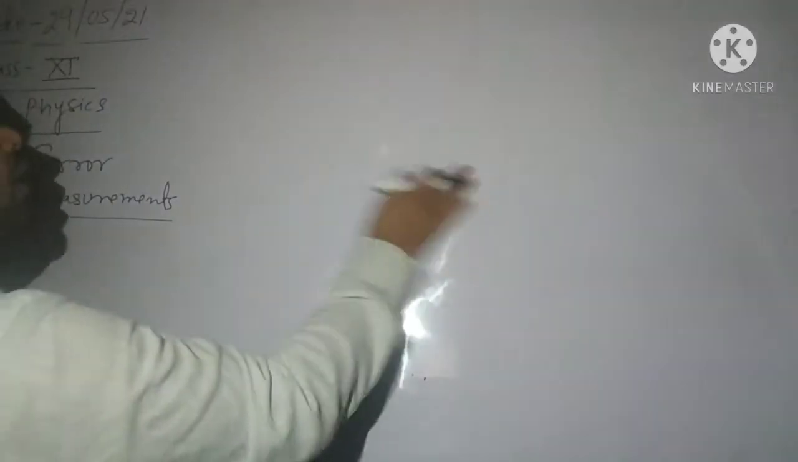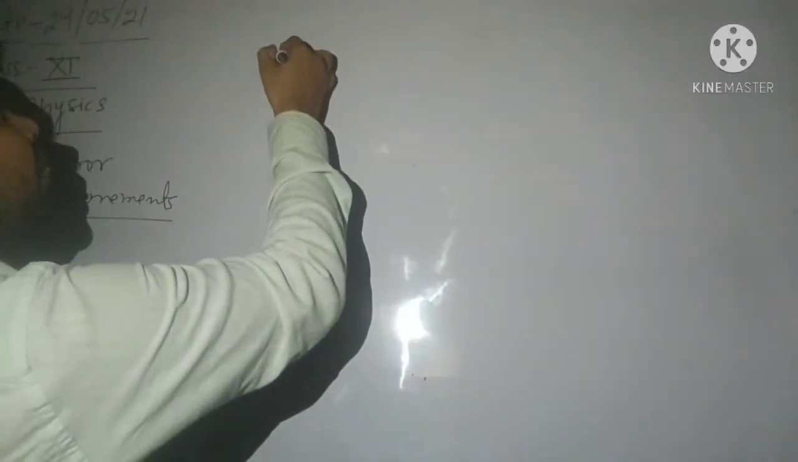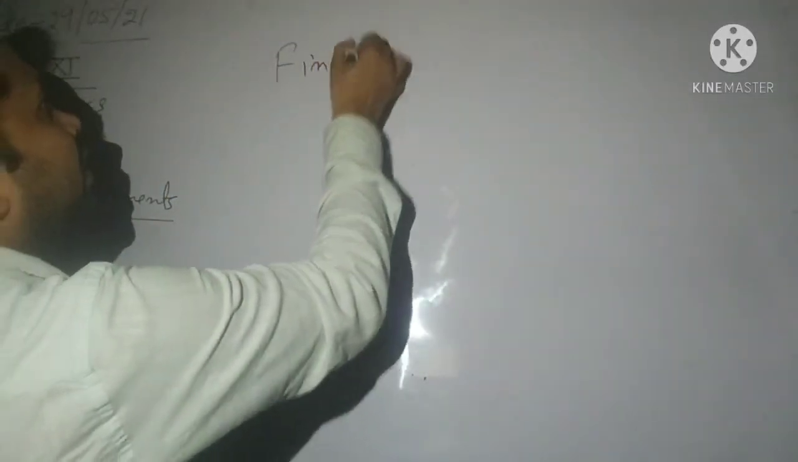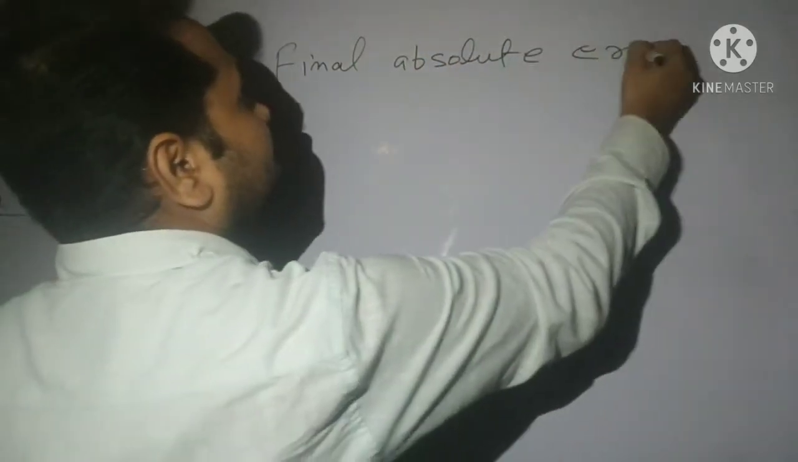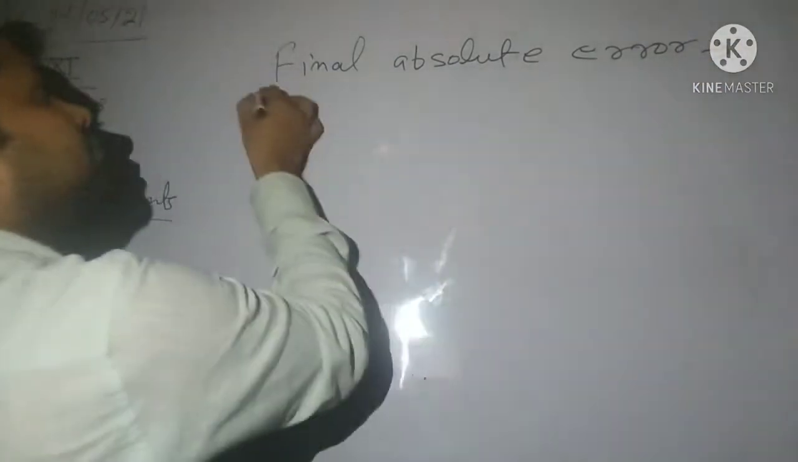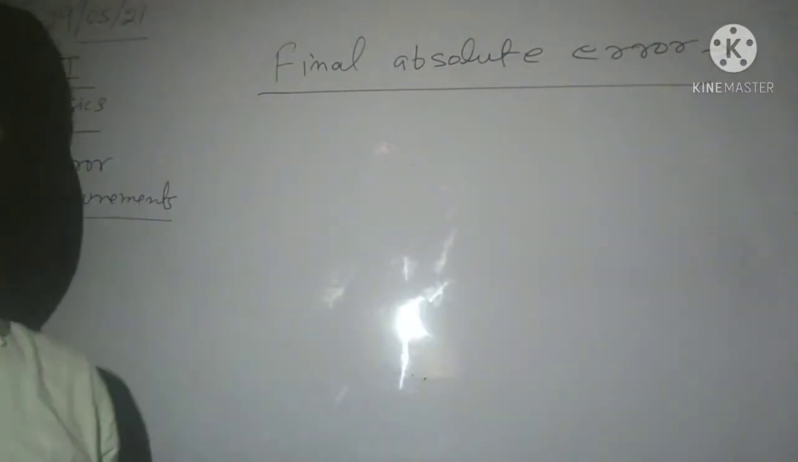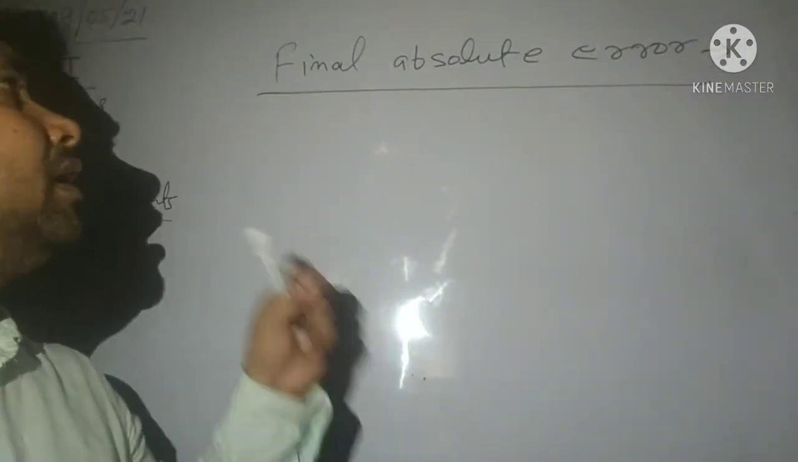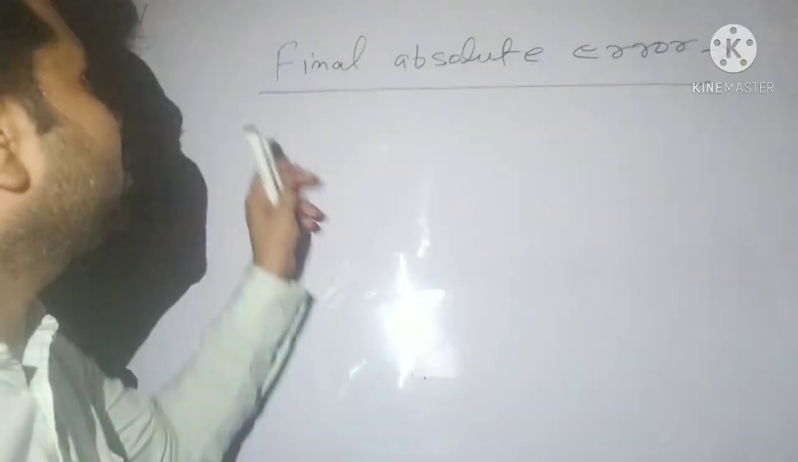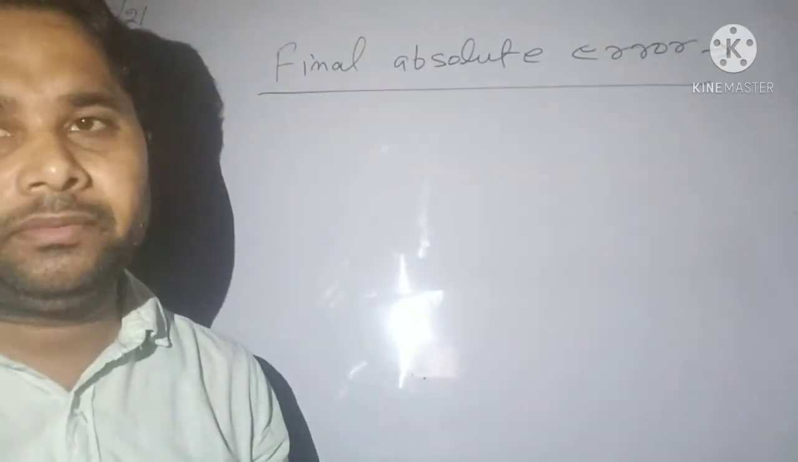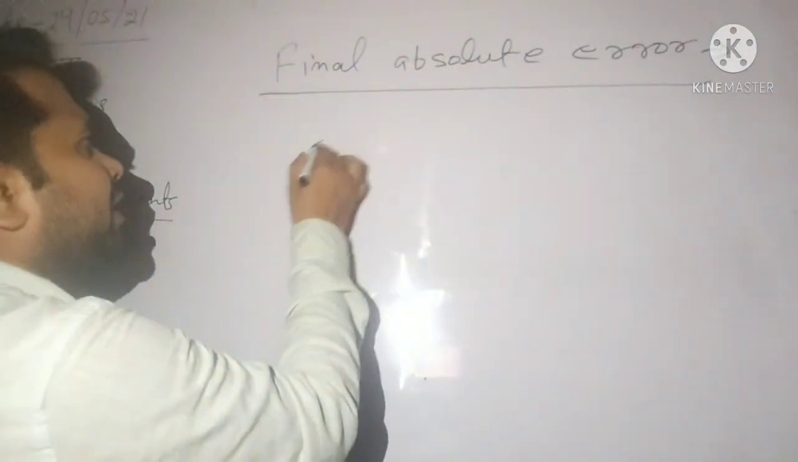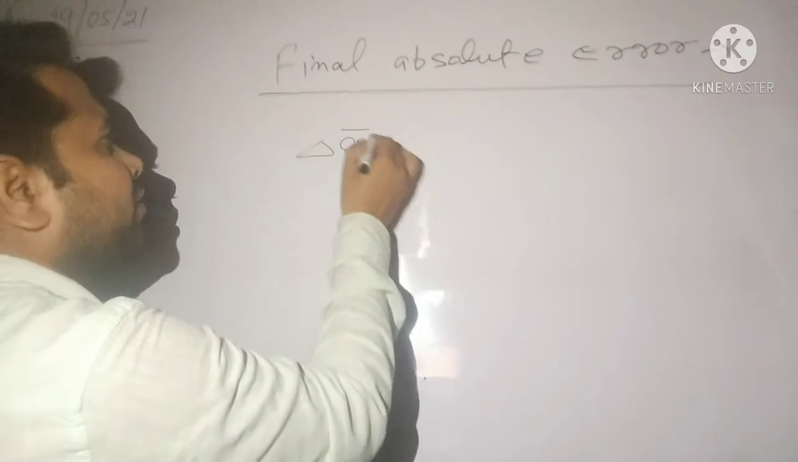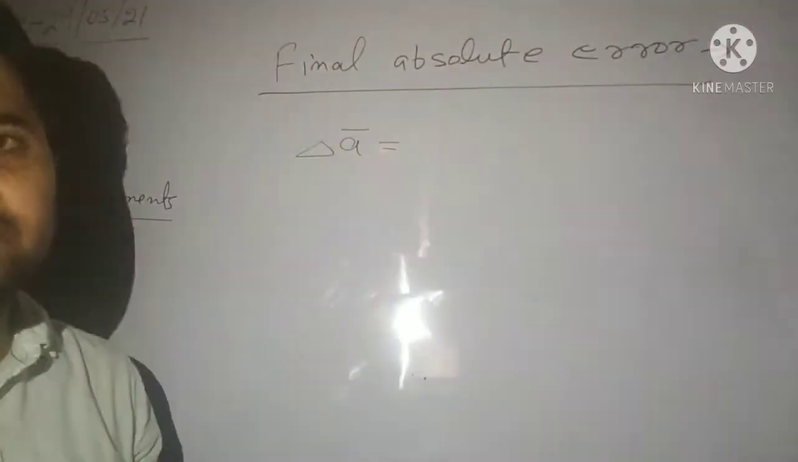Next is the final absolute error. Final absolute error, also known as mean absolute error. Now let's see what is final absolute error. Students, final absolute error is represented by delta A bar. This is delta A bar,